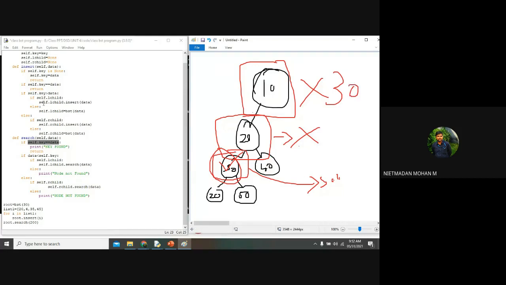So where exactly the node will be found in a search operation is when the element has become the root node. At that time the search operation will find the key exactly, when self.key is equal to data. It means whatever root node is equal to data, we will find exactly. If the root node is not present on the left hand side or right hand side, then it will check all the nodes on the left hand side as well as the right hand side, and it will tell whether this node is available or not.